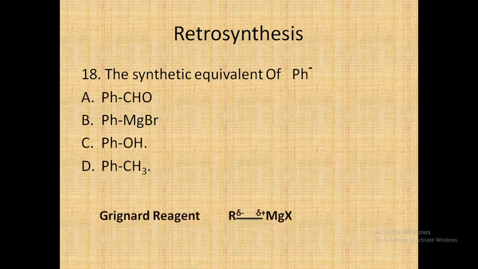So we know that Grignard reagent is a very good source of carbanions. RMgX, where R is the alkyl group and magnesium is a metal, always having a positive charge, so delta plus, and the alkyl group is having a negative charge. So whenever we want a negative charge on a carbon, Grignard reagent will be a good source of the carbanion, and that's why option B will be the correct one, PhMgBr, that is phenyl magnesium bromide. Let's go for the next.